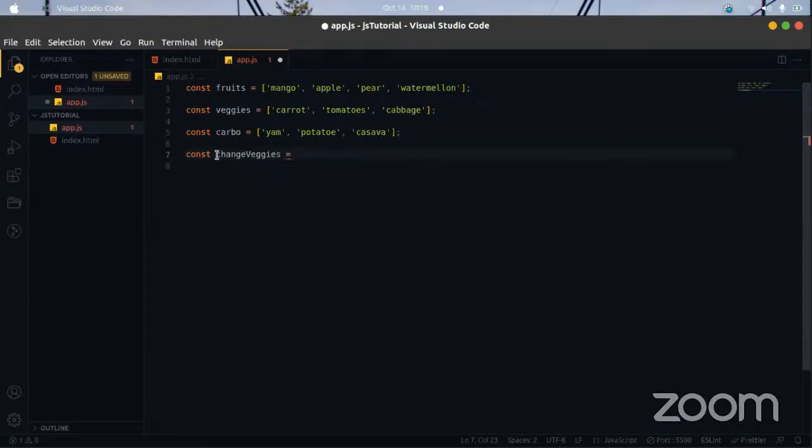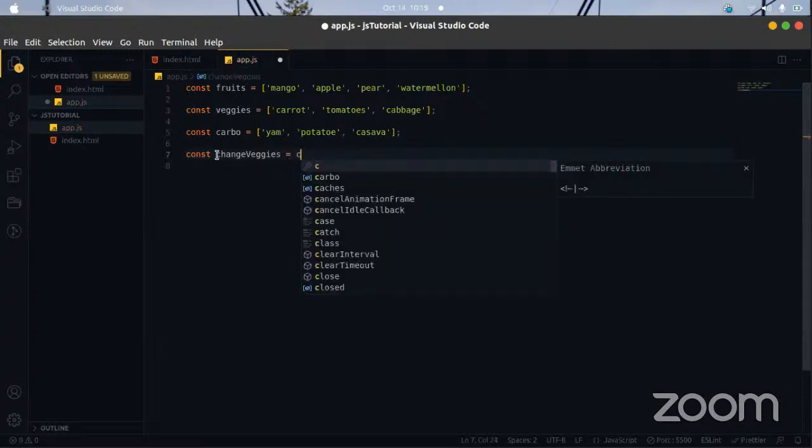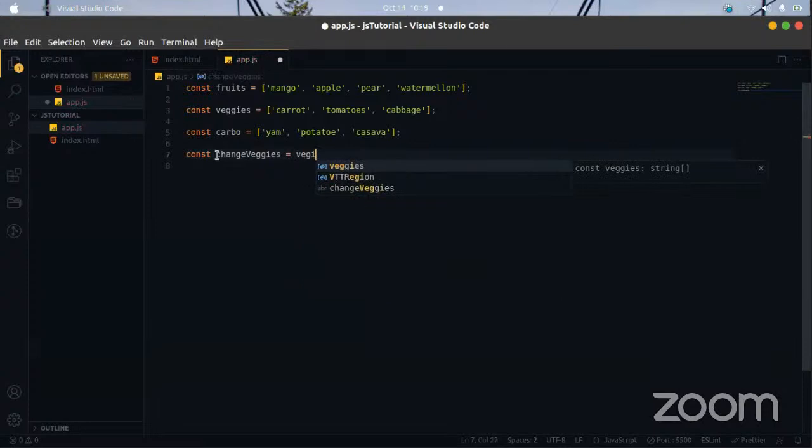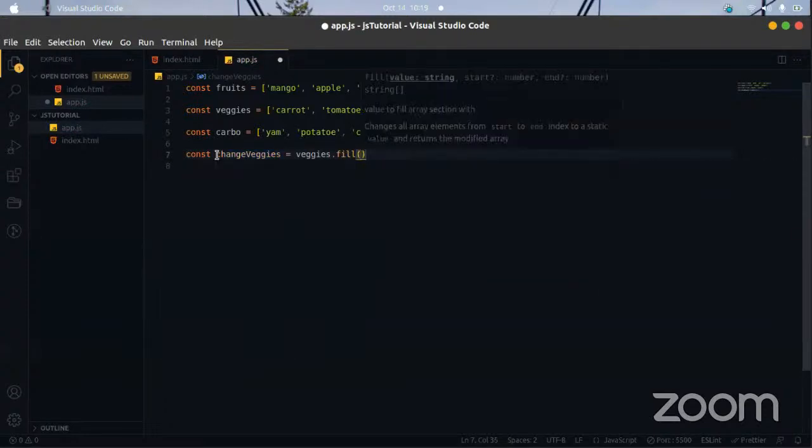So we could say veggies dot fill method, and then the particular thing we want to change the whole array to.